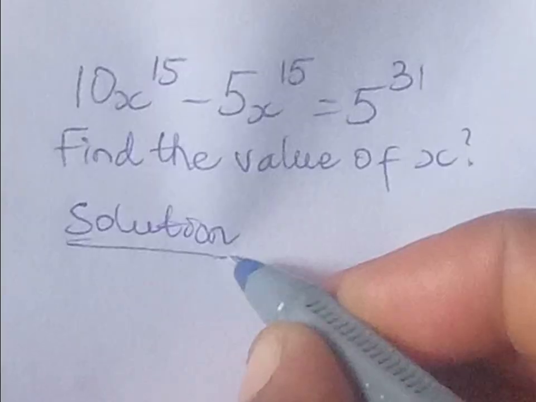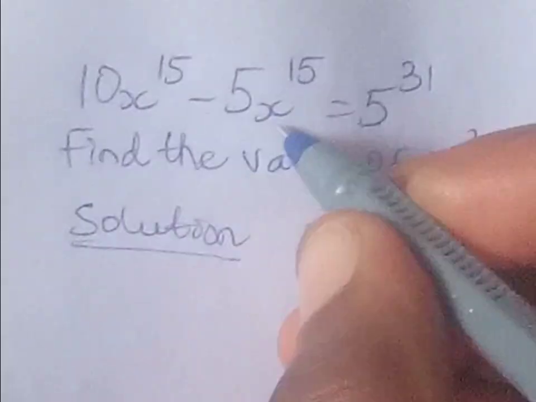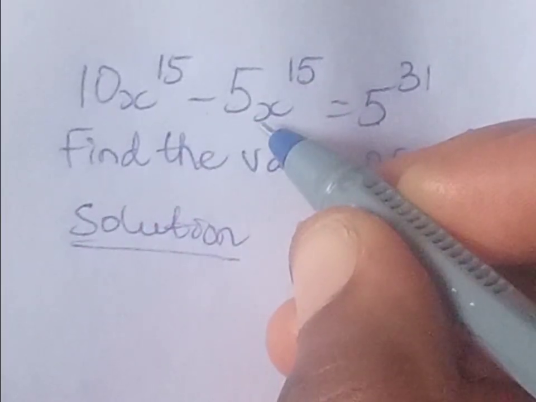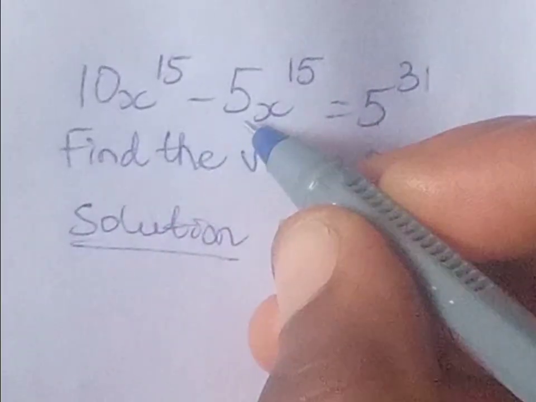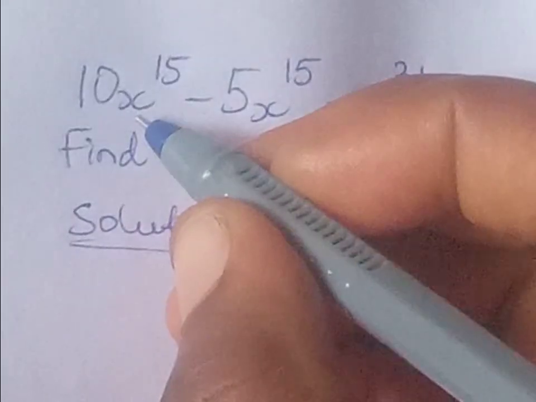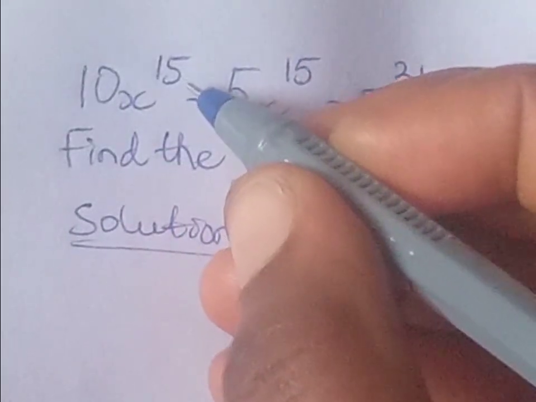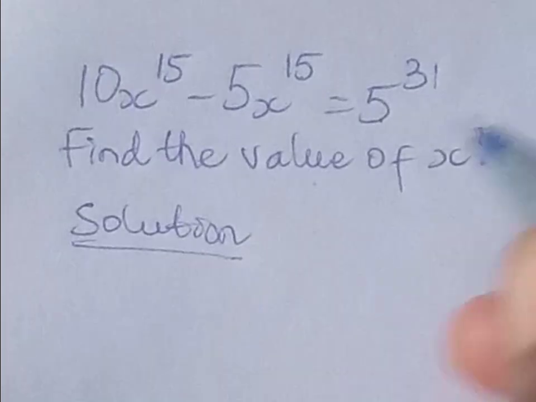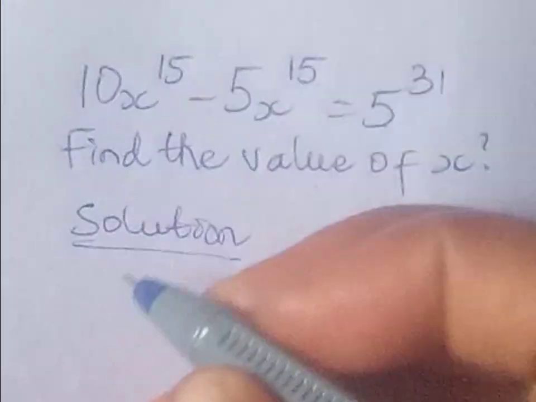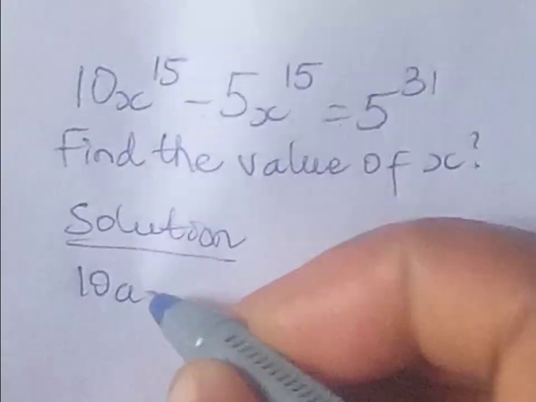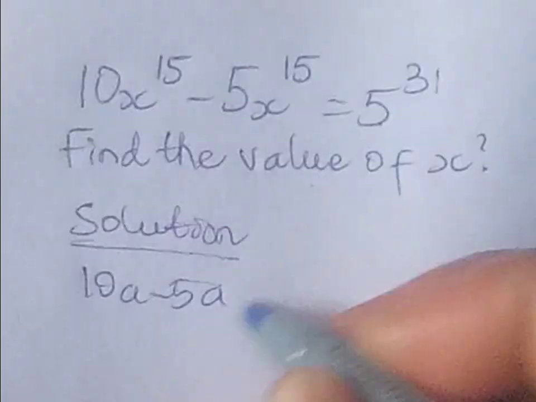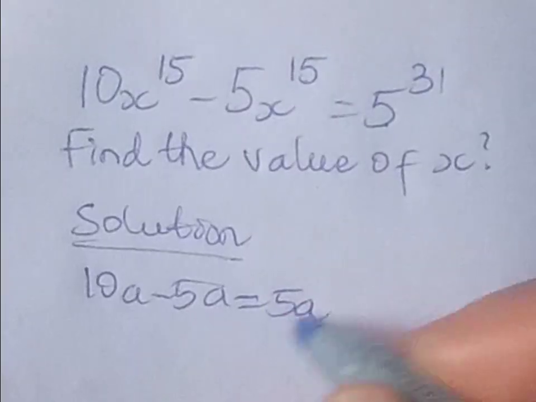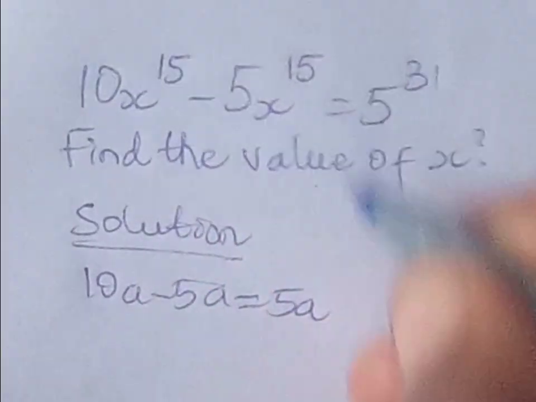As a solution, if you look at the left side, you will notice that both terms contain exactly the same variable, which is x raised to the power of 15. Since they are the same, we can combine them just like ordinary numbers. For example, if you have 10a minus 5a, this will give you 5a. So let's apply this idea here, which gives us